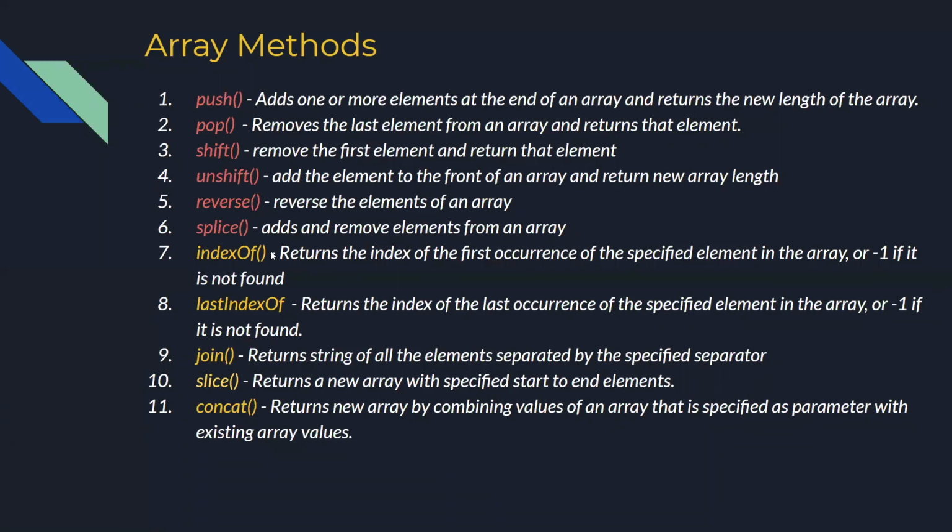Let's go to the indexOf property and lastIndexOf property. So indexOf is most commonly used to filter the data in a list. This property returns the index of the first occurrence of the specified element in an array. So if you want to filter out something within the array, you can use indexOf, it returns the first occurrence index. Similarly, lastIndexOf is there, that returns the last occurrence of the specified element in an array. We'll see this in a while in the demo as well.